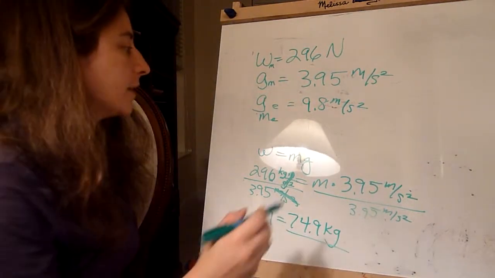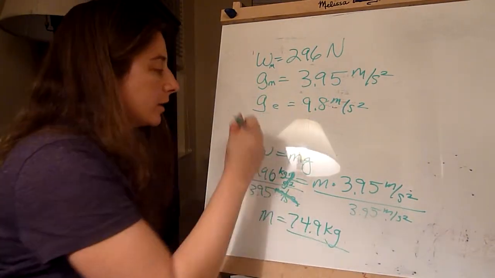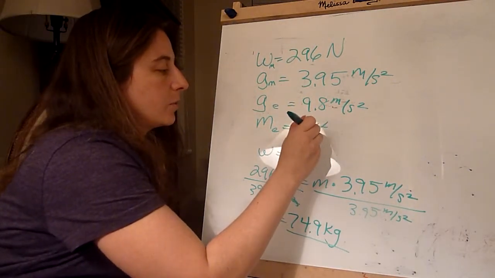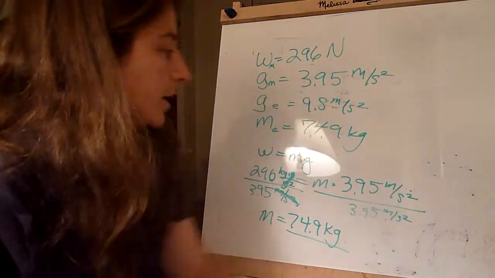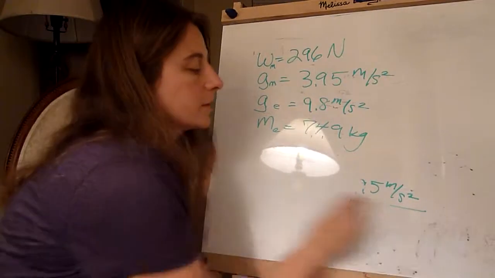Okay, so that's my mass. It's the same everywhere. So mass on Mercury, 74.9 kilograms. Mass on Earth, also 74.9 kilograms. So now we'll erase, and we can use gravity on Earth and mass on Earth to tell us